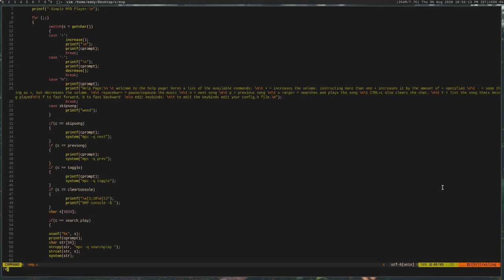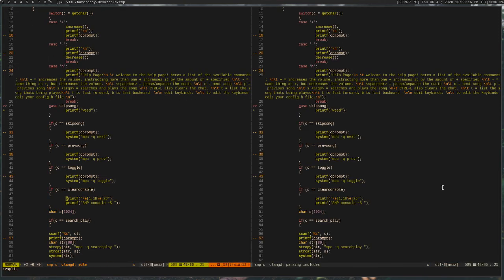Now, I'm still currently developing this program, so a lot of features are still missing, but they will be added with time. And if you open up the source code, which is actually kind of horrible, because I still haven't figured out a few things. As you can see, we only have a few files. We have an smp.c and a config.c. So if we just bring both of those up right now,